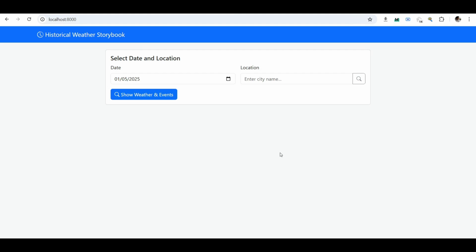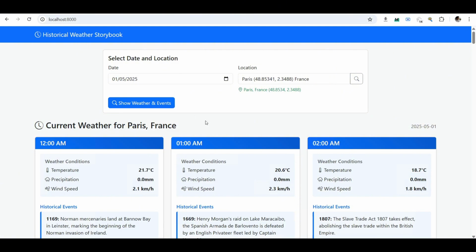On today's episode, we're going to be building a historical weather storybook with weather information from Open-Meteo and history information from History.muffinlabs. Let's see if I type here a location. Let's choose Paris. Let's show weather and the events. So this application is going to pull the weather from Open-Meteo and the historical information from History.muffinlabs, and